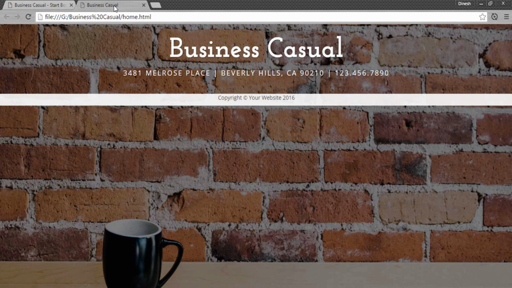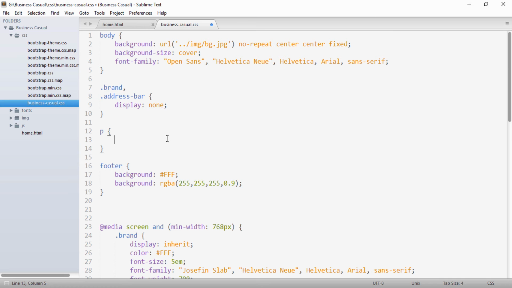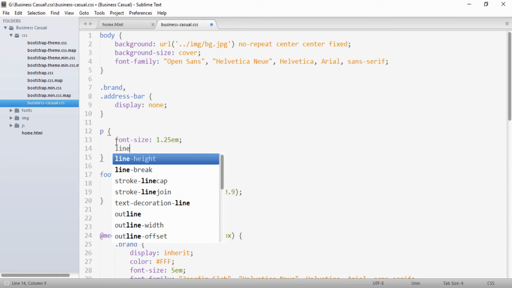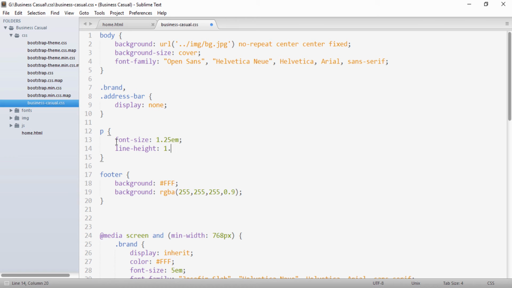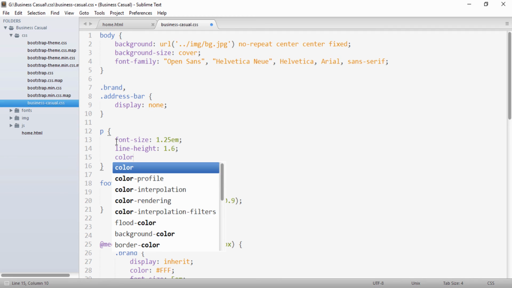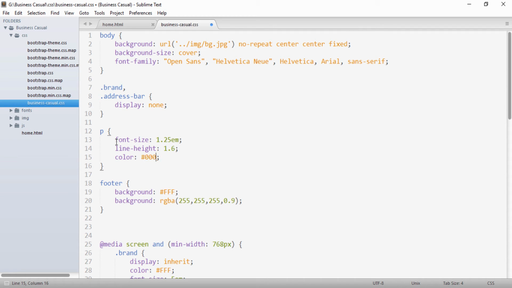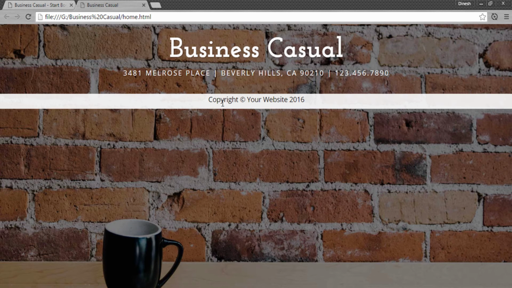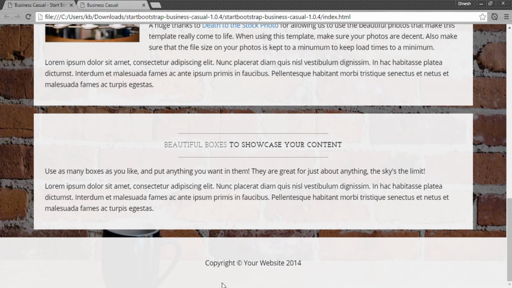For that we'll do, say, for the p, font-size as 1.25em, and I will give a line-height of 1.6, and let's say I give it a color of complete black. If I save it and show it to you on the browser, it looks something like this, which is what we actually want.